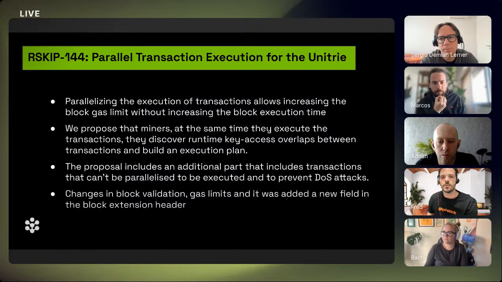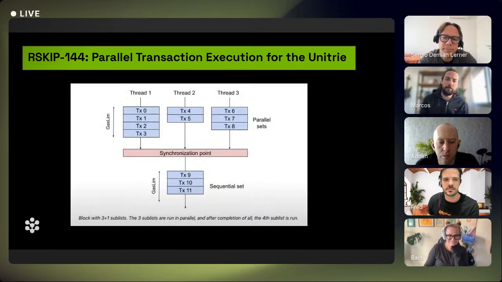And then at the end, we build a list of the sequential transactions that is necessary to be running. And this will bring, of course, some changes in block validation, gas limits as well, and some changes in the block extension header. I think that in the next slide, please, Bachi, we're going to have a better visualization